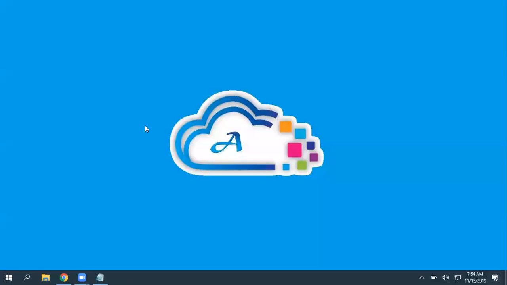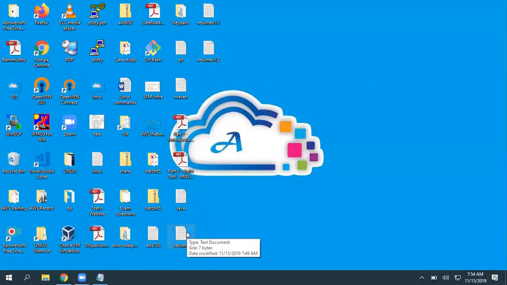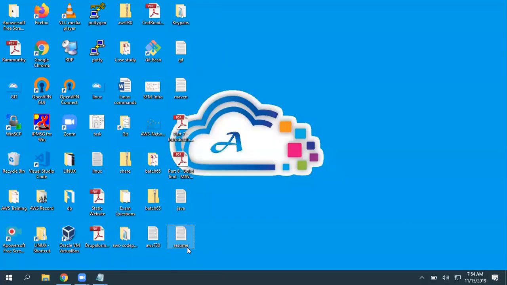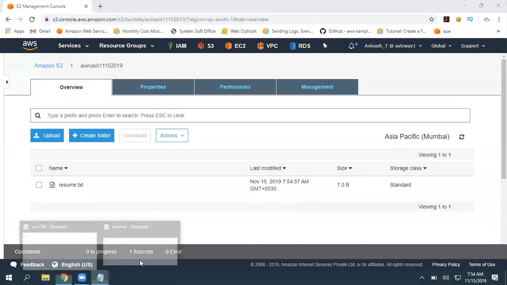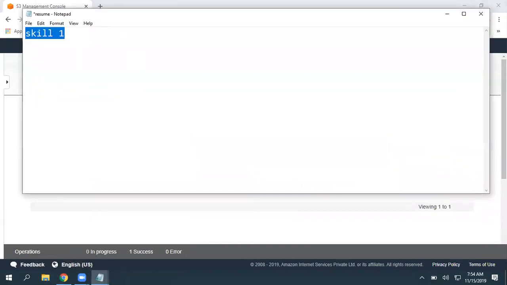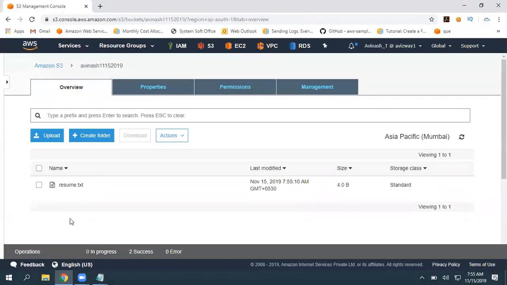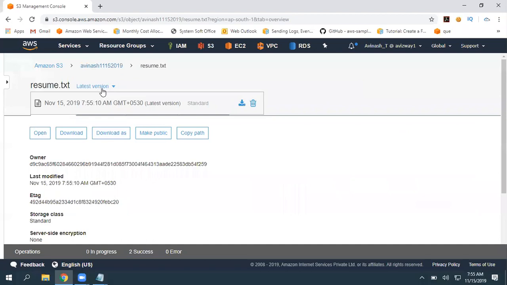So far I'm talking about this resume document, and I'm manually managing these versions. I deleted the previous versions. This is my current version, skill 1, so I'm going to upload that. I'm simply dragging and dropping, upload. Let's assume I did some modification. I have not enabled versioning yet, so I perform drag and drop again. If I go to this object, only the latest version is available, no previous ones. If I open and observe, only one is available.